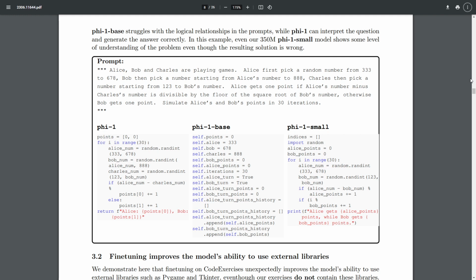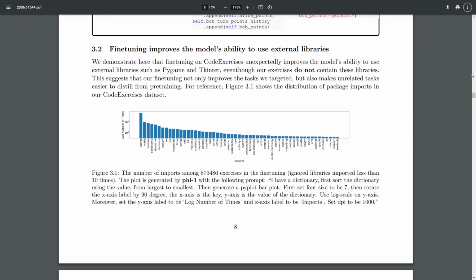To understand the boost in performance, they pruned the CodeExercises dataset by removing files that are similar to those in HumanEval. This process was a strong form of decontamination and they still observed strong performance on HumanEval. Even after pruning more than 40% of the CodeExercises dataset, the retrained Phi-1 still outperforms StarCoder, which has around 15.5 billion tokens,